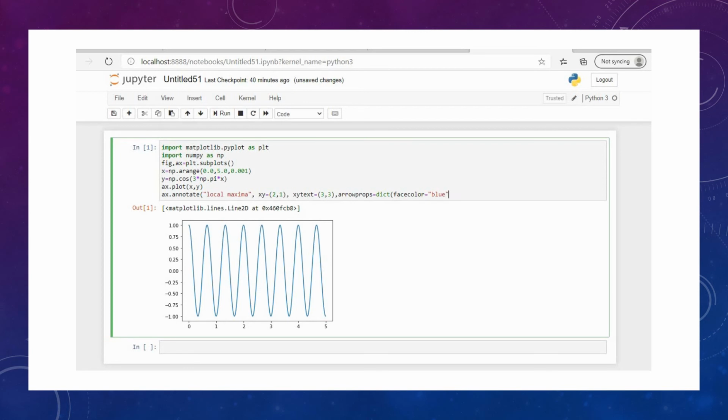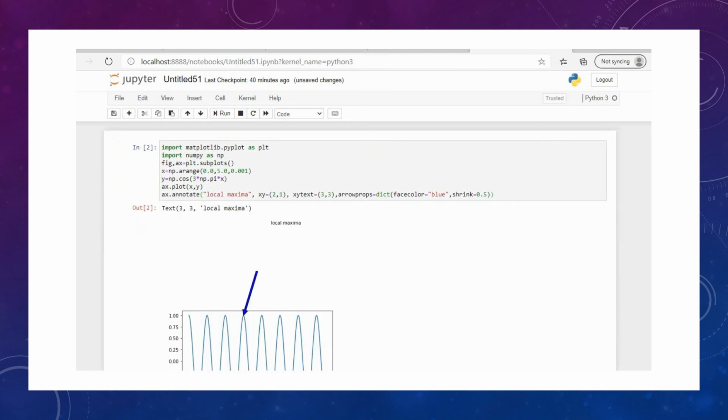So we'll have a blue color arrow and shrink equal to 0.5. So this creates a complete dictionary. This completes the entire statement. So let's check what answer we get first, and then we'll go for further things.